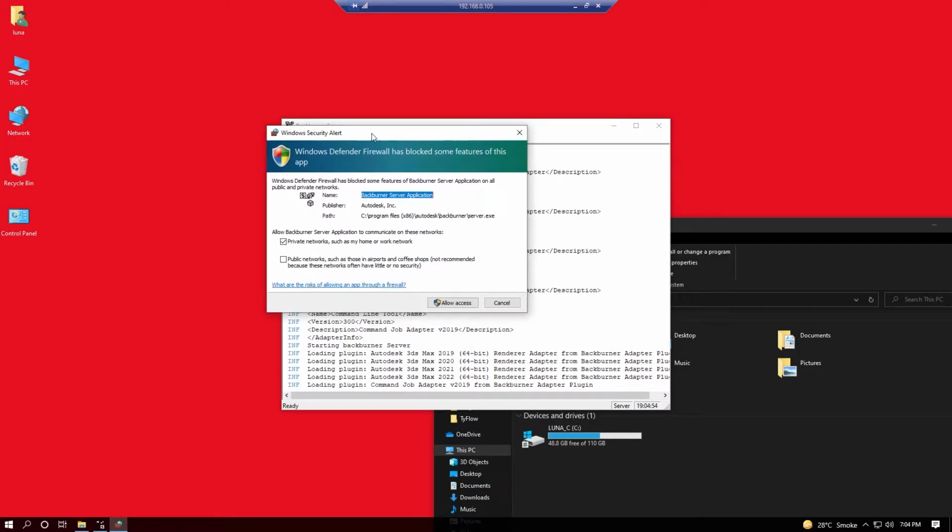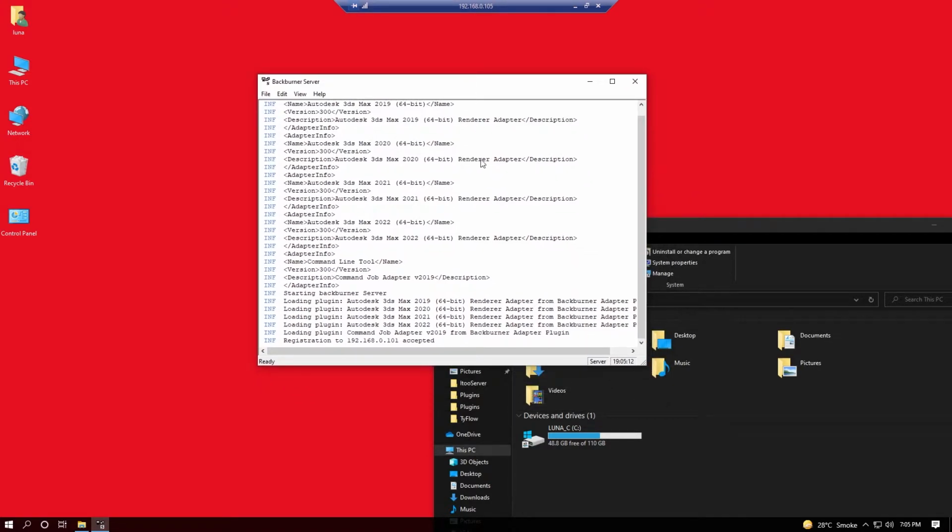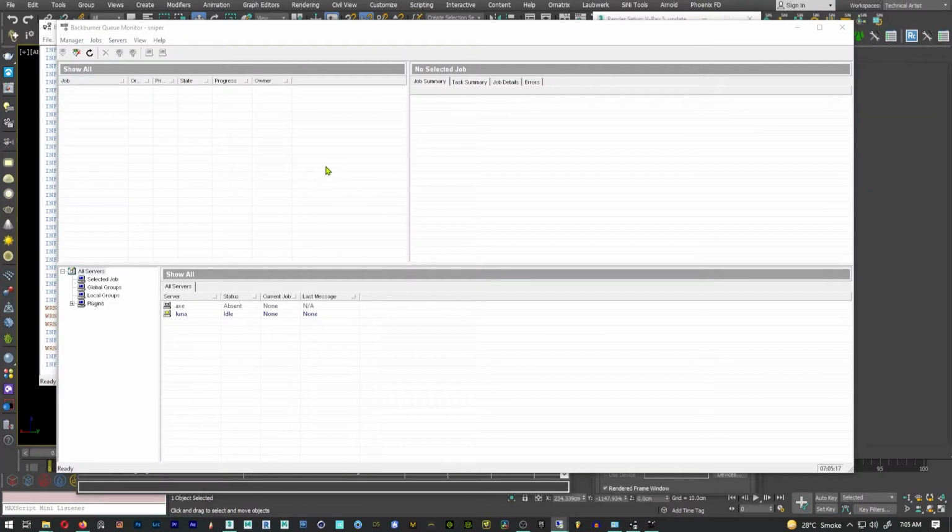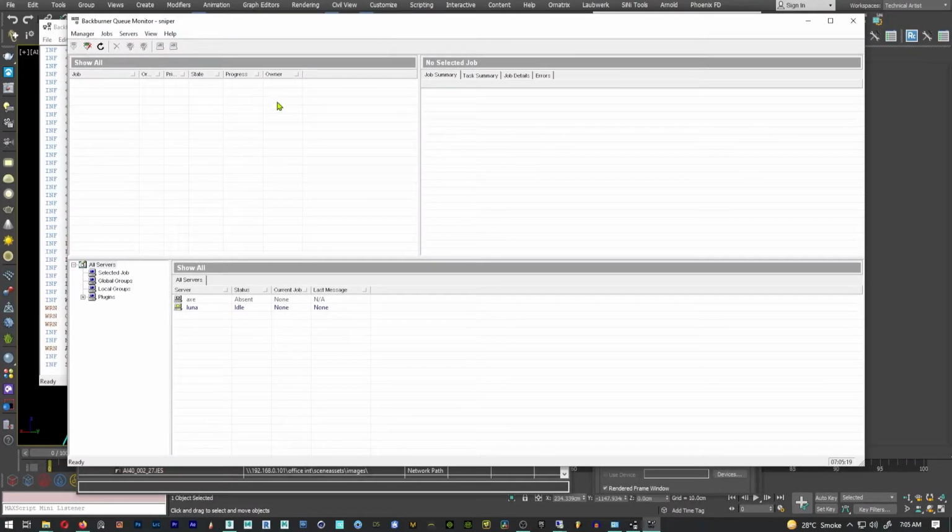This message just popped up, and remember, you want to be allowing this application to pass through your firewall so that it can communicate with other computers on the network. So when you press the allow button, you can see that registration has been accepted, and if I move to this Backburner, you can see that I have Luna, idle, and current job nothing.